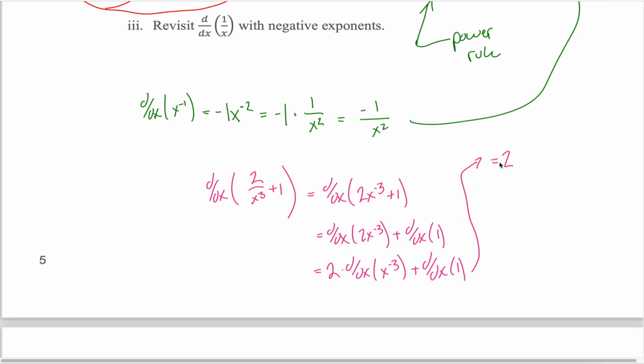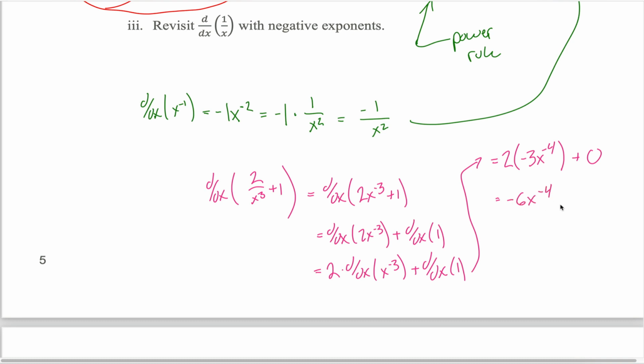The derivative of x to the negative third power, as we just figured out, is something we can use the power rule on, which is awesome. It's negative 3 times x to the negative fourth power. You bring the negative 3 down in front and you subtract 1 from the exponent. Negative 3 minus 1 more is negative 4. The derivative of 1, because 1 is just a constant, is 0. So the derivative of this function is just 2 times negative 3, in other words, negative 6, times x to